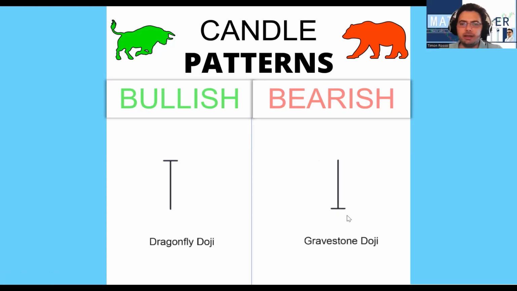You then have the gravestone doji, which is the opposite, where the price opened at a level, the market moved up to a certain high, it went right back down, and it closed at the low, which is also where the open is, and it formed a gravestone doji, which can also indicate a reversal of a trend. So if the market's moving up and then you see a gravestone doji, watch out, because we can see a potential change in the trend in the markets.